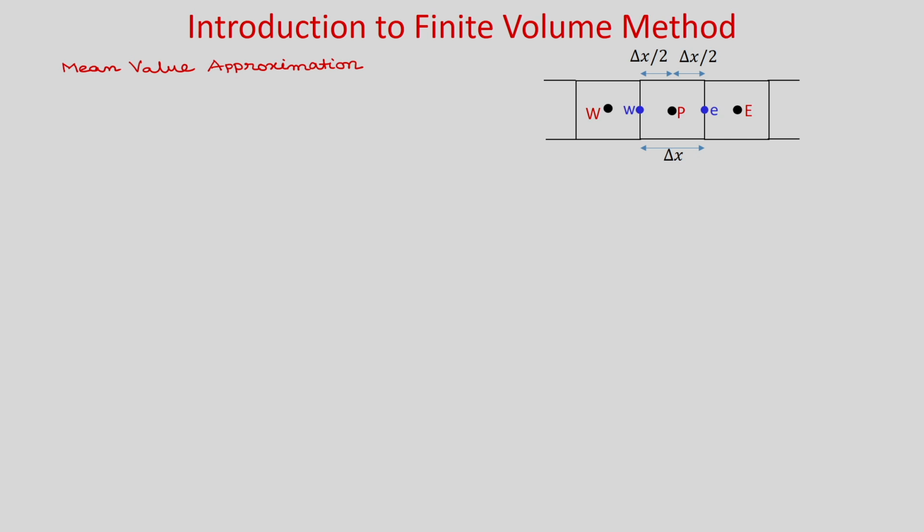Again we will consider a 1D cell. So, P is the main cell center, capital E and capital W are the neighbor cell centers, small e is the east face center and small w is the west face center, and delta x is the main control volume. It is actually delta x into 1, this is the volume of this cell, and you can see that small e and small w will be located at a distance delta x by 2 from the main cell center, because P is located at the center of this main control volume.